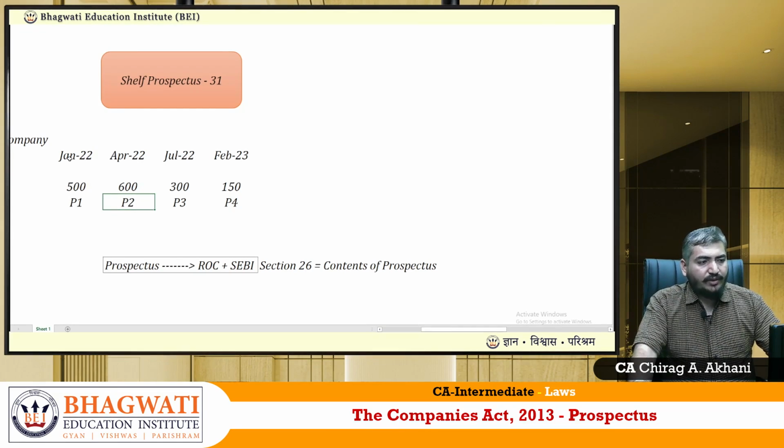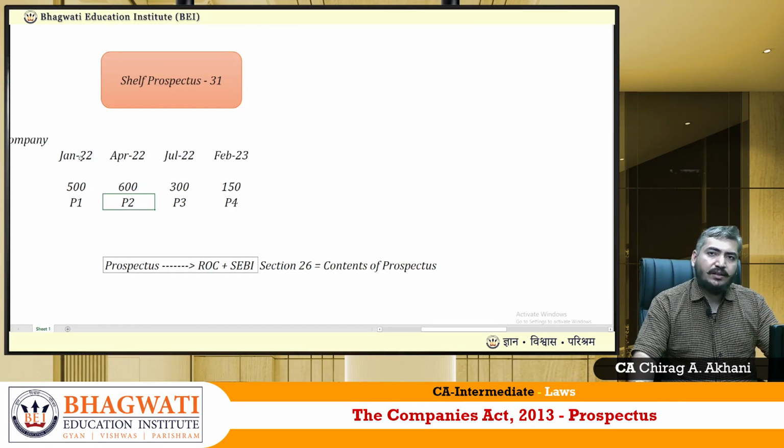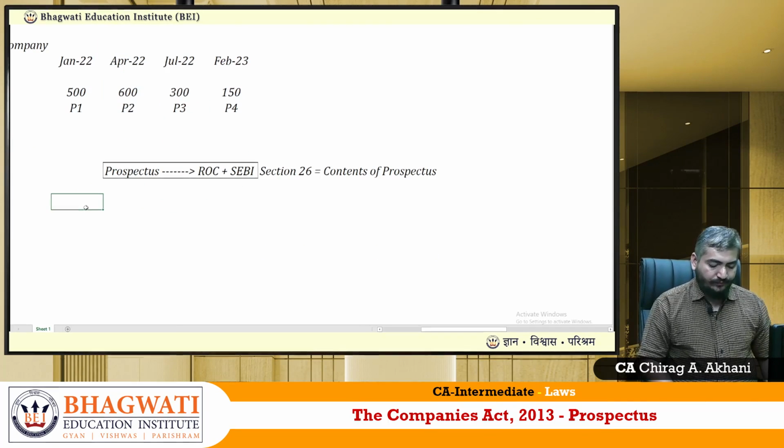This kind of demand was raised by the industrialists to the government, requesting why you are making us redo the entire process. It is a waste of money, a waste of a lot of resources, and a waste of time as well. In the Companies Act of 1956, this request was seriously considered by the government, and they allowed that okay, now one single prospectus we will allow for multiple